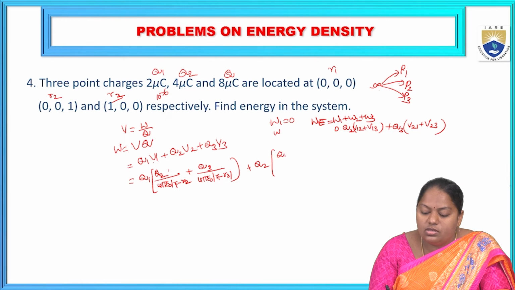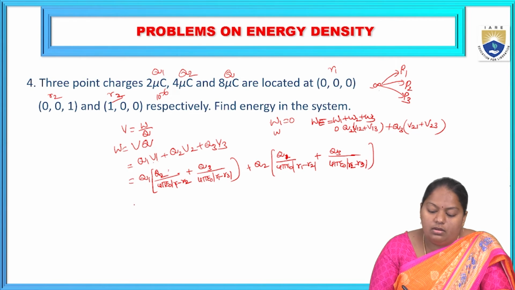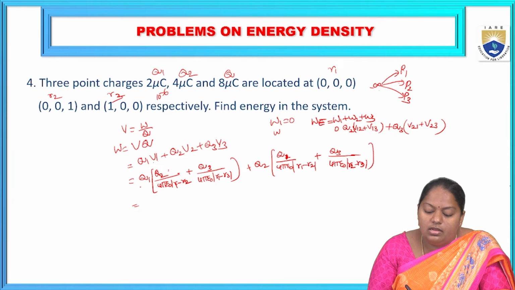Plus Q2 into V2 now. So the charge which is associated with is here Q3, V21. So the first charge is Q1 by 4 pi epsilon naught into R1 minus R2, and plus the charge which is associated with is here Q3 by 4 pi epsilon naught into R2 minus R3. So like this, if you write the formula for this, then substitute in place of Q1, Q2, Q3 and here